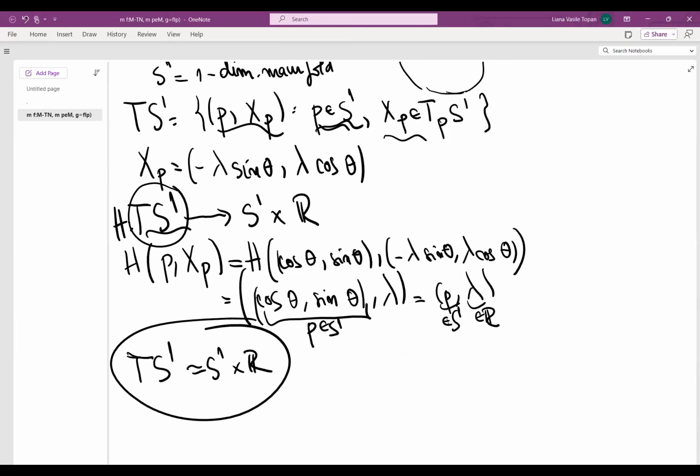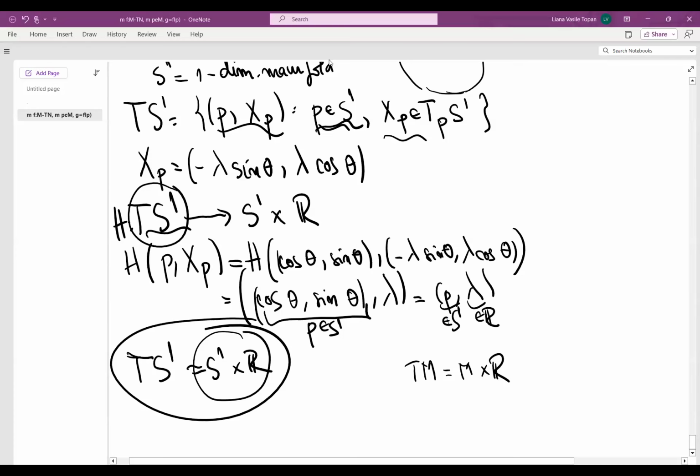Right, so this is how we can determine tangent bundles to manifolds. These are simple examples of tangent bundles. We say that the tangent bundle of S1 is trivial because it's the manifold times R, right? The tangent bundle TM is of the form M times R. Call it trivial. All right. Do you have any questions before I start talking about submanifolds? Any questions?